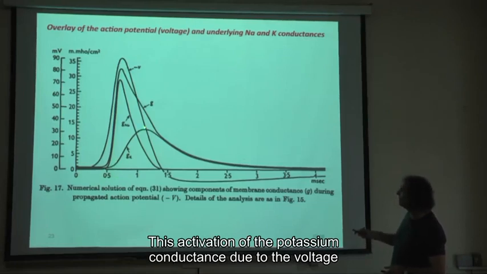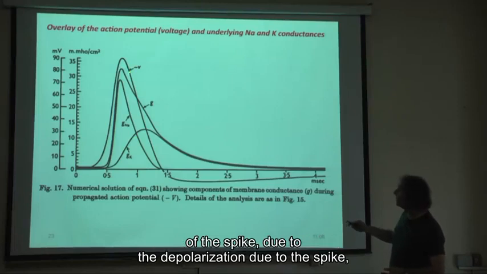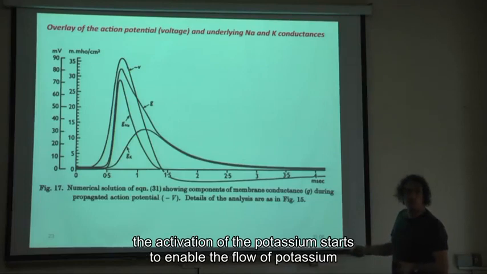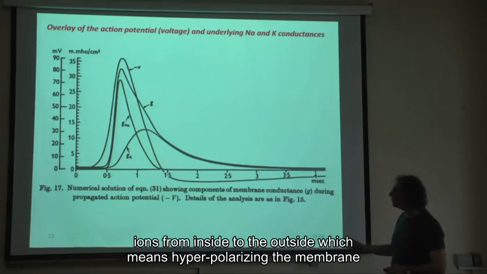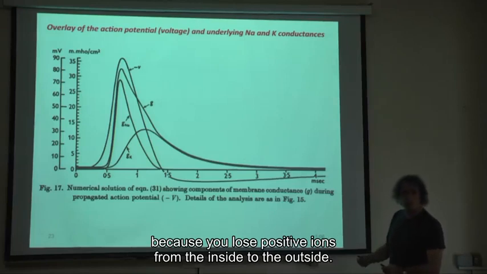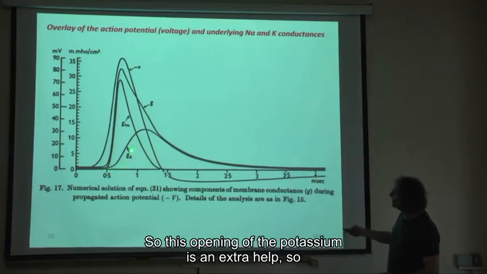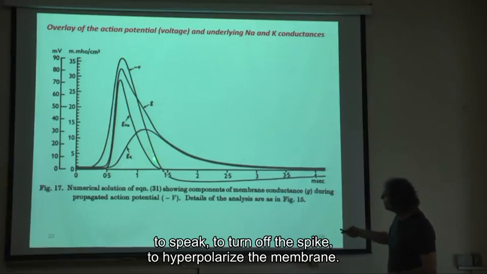And this activation of the potassium conductance, due to the depolarization due to the spike, starts to enable the flow of potassium ions from inside to the outside, which means hyperpolarizing the membrane, because you lose positive ions from the inside to the outside. So this opening of the potassium is an extra help, so to speak, to turn off the spike,